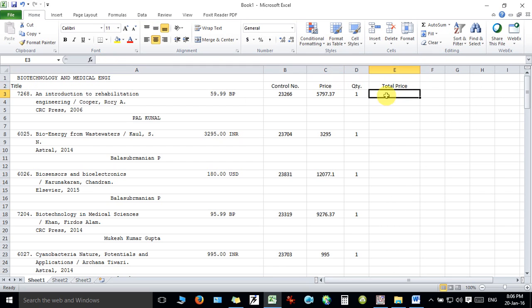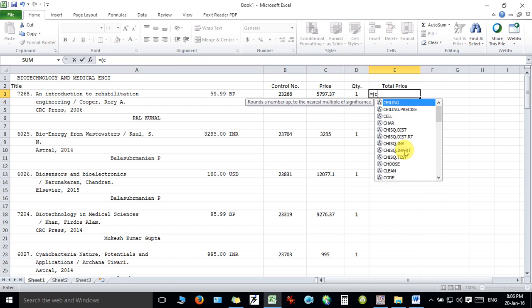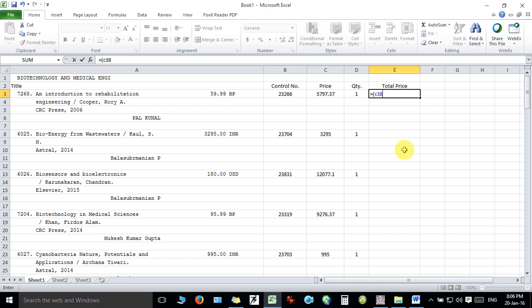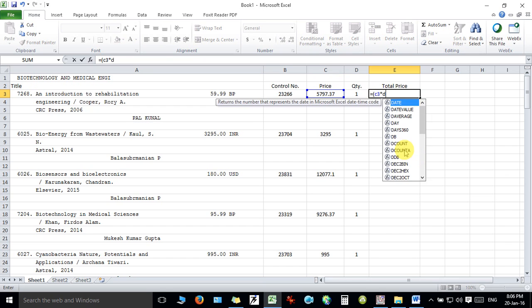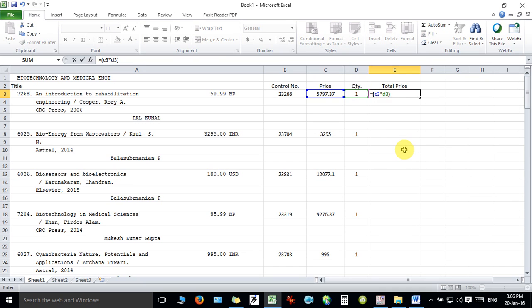So let me add the formula equal to, in bracket I'll take the cell number C3 multiplied by D3 and close the bracket and hit enter. So we found the total value based on price and quantity.